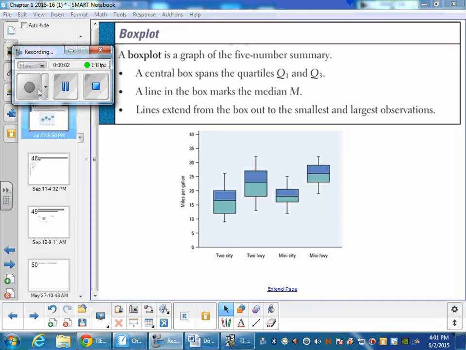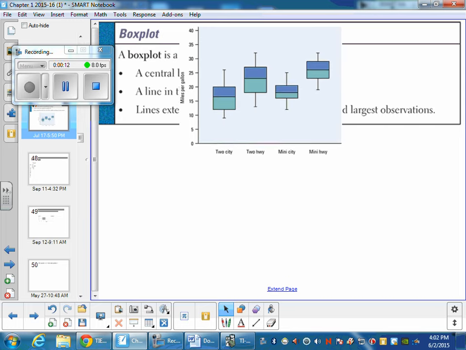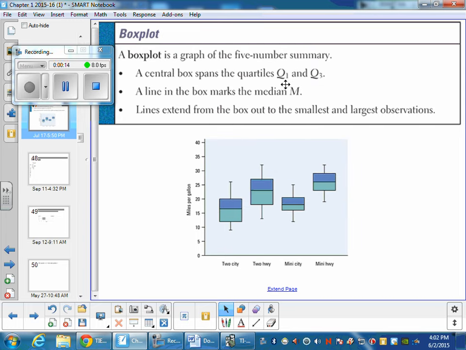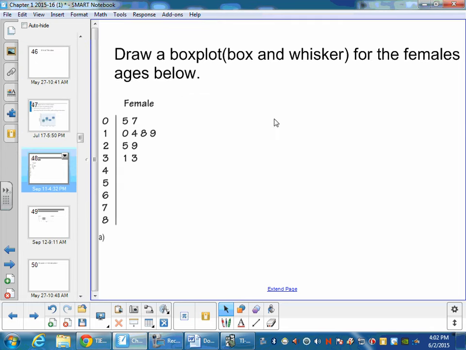All right, our next graph is a box plot, and you should have seen this in previous math courses. A box plot uses a 5-number summary, which uses the quartiles 1 and 3, a line for the median, and then it extends to the largest and the smallest observations. So if we want to draw a box plot for the data below, first thing we have to do is